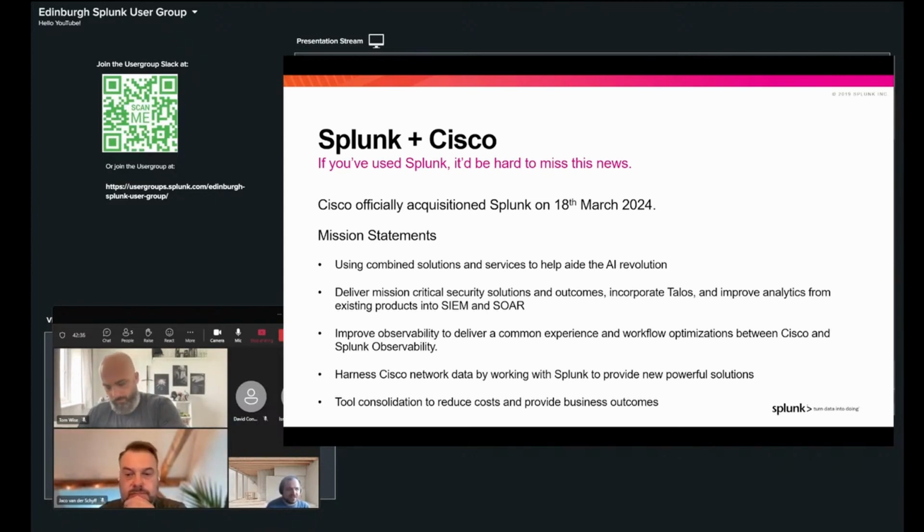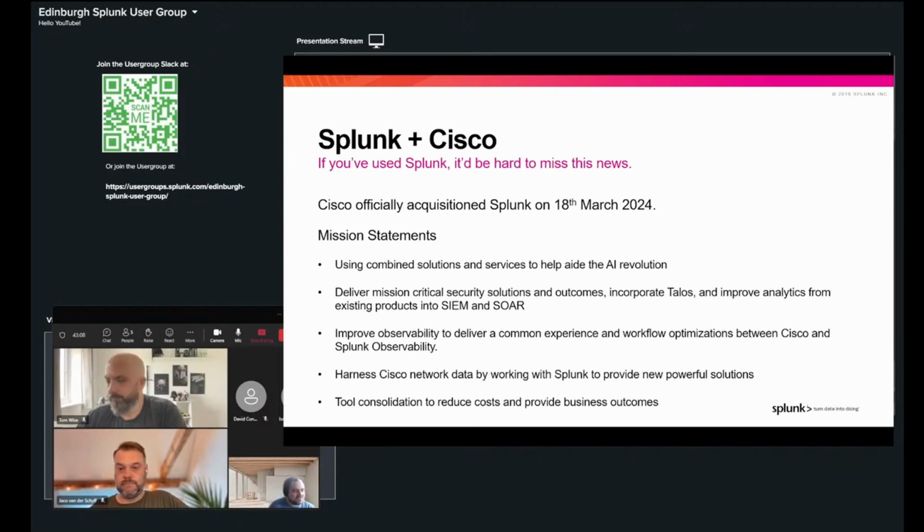This isn't explicitly adding AI capabilities, but using Splunk and Cisco tools to help aid with it. There probably will be AI products mentioned in future conferences, like Splunk AI, which was mentioned at last year's .conf, which I didn't really read up too much about, but it's a thing.